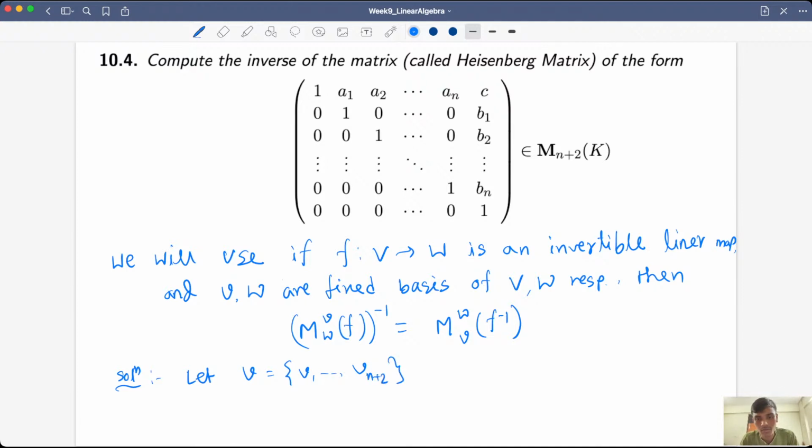So let that be a basis of V, and then consider another basis of V, and as I want the matrix of that to be of this form, I should consider another W equal to w1, w2, ..., wn plus 2, such that